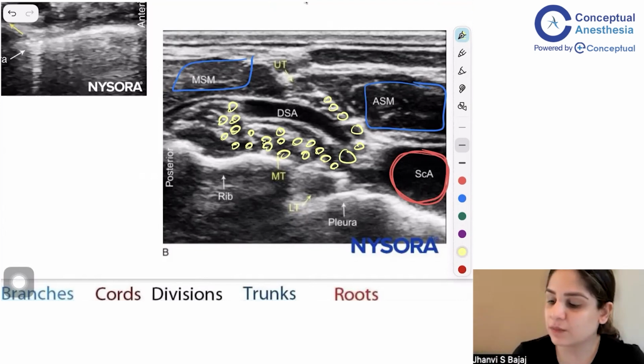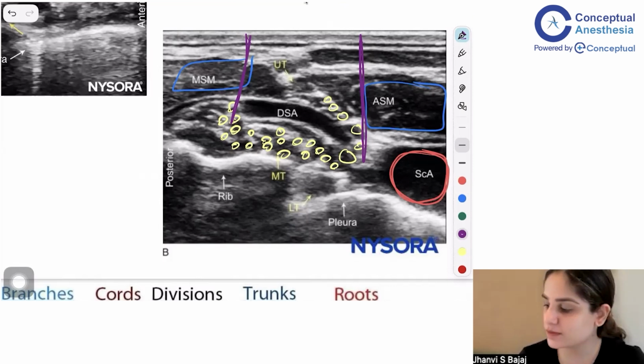Now, it is in between your middle scalene and anterior scalene muscles. So as you can see over here, your anterior scalene is here, your middle scalene is here. In between the two muscles, you have your brachial plexus. Okay. And through the brachial plexus, in the supraclavicular area,